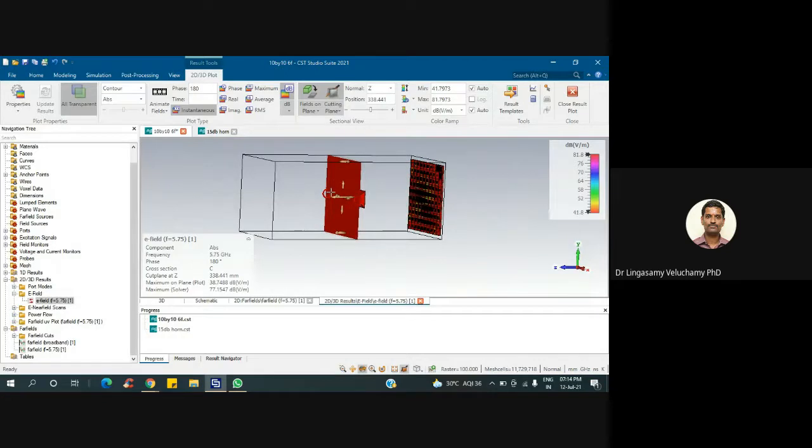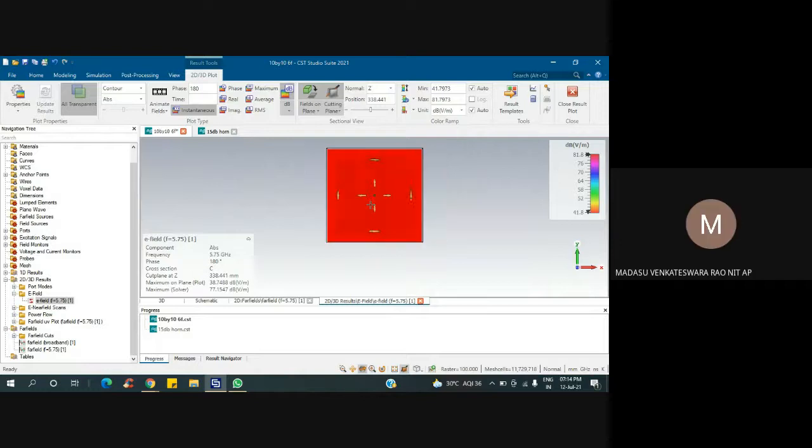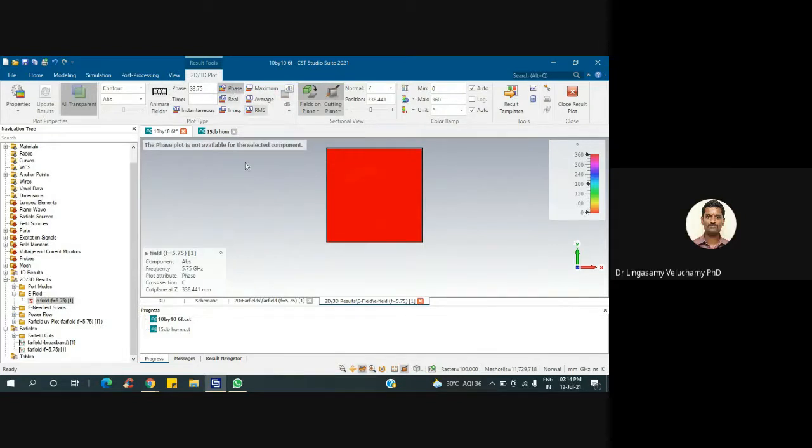Rotate this. Show me the front face. Press 5 on your keyboard. Now you run the animation. Now you remove the DB. Enter the DB. In the DB itself, I think average or RMS, real or face or whatever maybe you can put. Phase is not available. Real value or instantaneous value. So now animate the field.